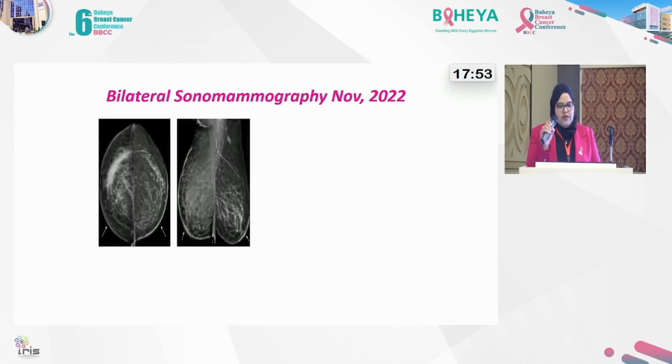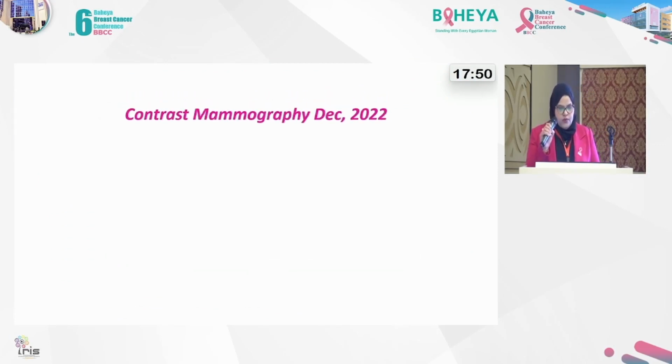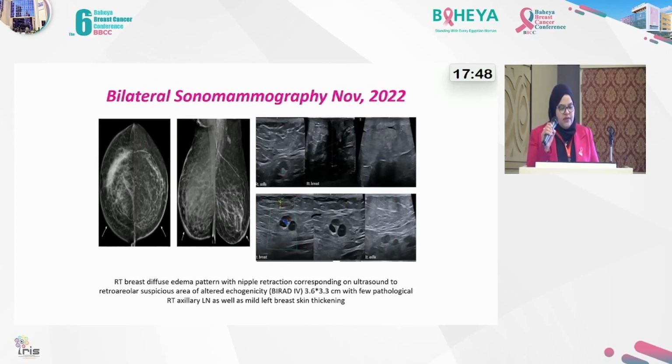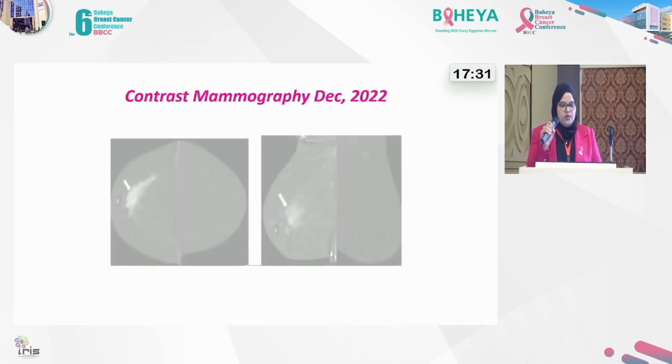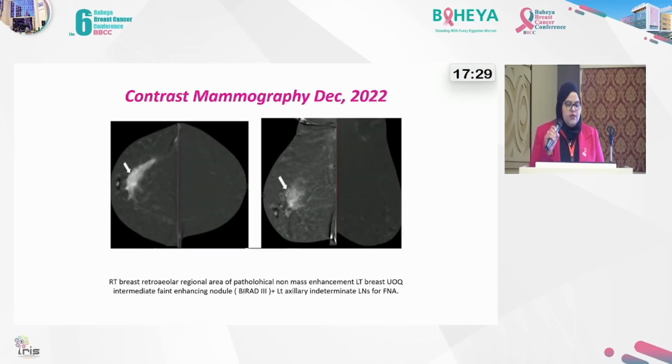Bilateral sonomammography done in November 2022 showed a right breast diffuse edema pattern with nipple retraction, and corresponding with ultrasound, a retroareolar suspicious area of altered echogenicity, BI-RADS 4, with a few pathological right axillary lymph nodes as well as mild left breast skin thickening. Contrast MEM was done in December 2022 and showed a right breast retroareolar regional area of pathological non-mass enhancement, a left breast upper outer quadrant intermediate fat-enhancing nodule, BI-RADS 3, and a left axillary lymph node of intermediate nature